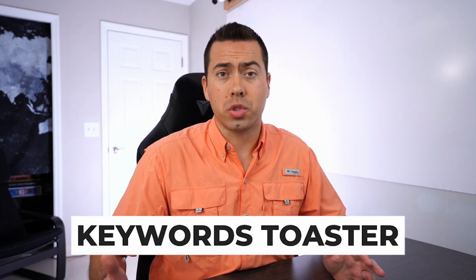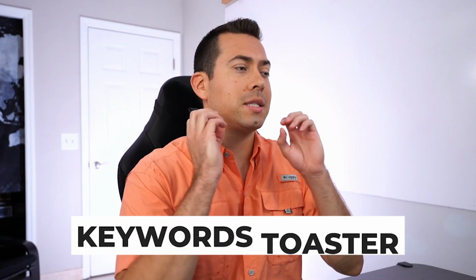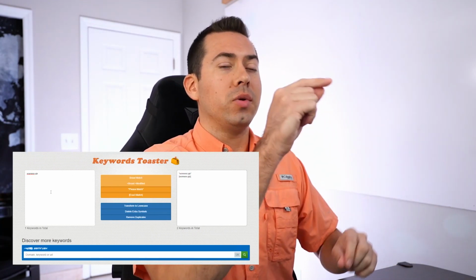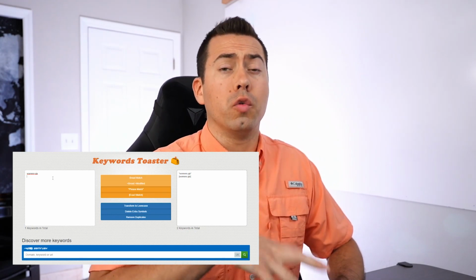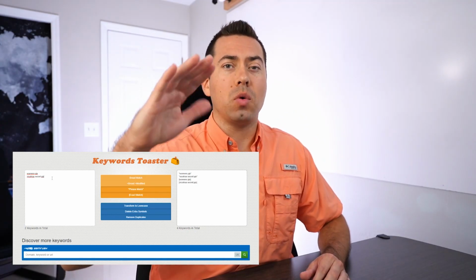Now, a very easy way to actually create these exact match and phrase match keywords is by using a free tool called Keywords Toaster. Keywords Toaster allows you to basically throw in a whole bunch of keywords on the left side of the screen, and then you can select broad match, phrase match, exact match. You just click on a little button, you remove the duplicates, and it will give you a whole list